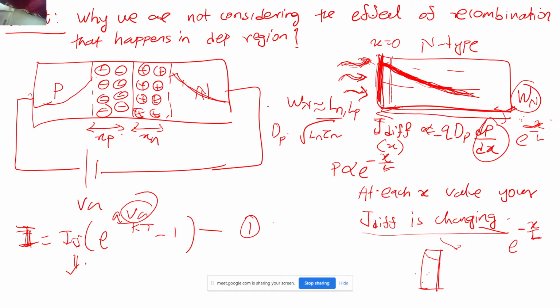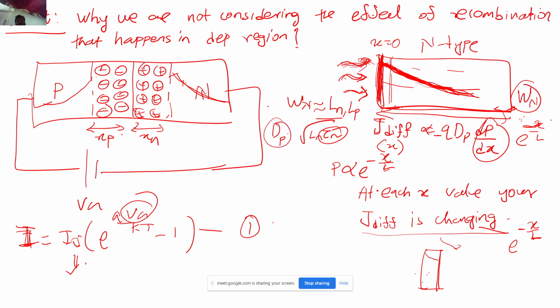So you are saying the more the lifetime of the carrier is, what will be the current? If the diffusion current is more, lifetime will be more. No, what is the fundamental phenomenon? Is the diffusion current a fundamental phenomenon, or is the lifetime of the carrier a fundamental phenomenon? From where does this lifetime of a carrier come? Diffusion is fundamental. No, but who will define why this diffusion current is existing?